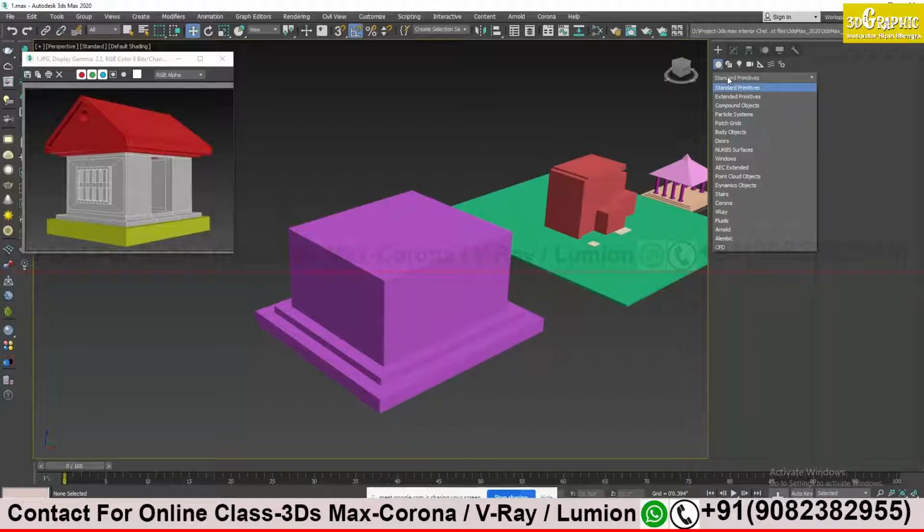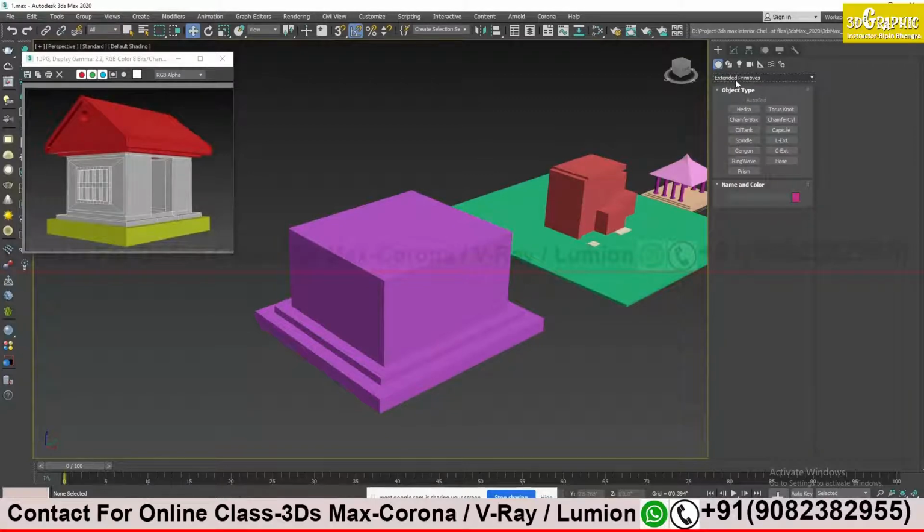So click over here on standard and select the extended primitive, the second one. The first one is standard, the second one is extended. If you select the second option, there you have prism, P-R-I-S-M, prism.